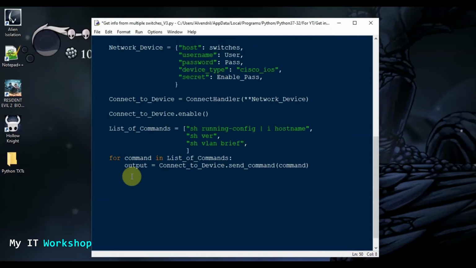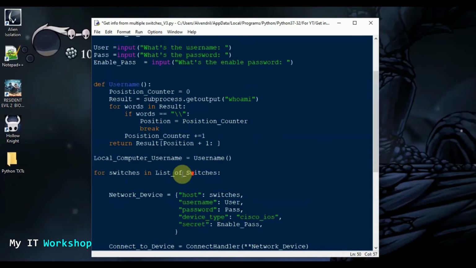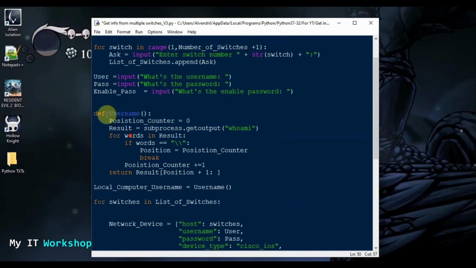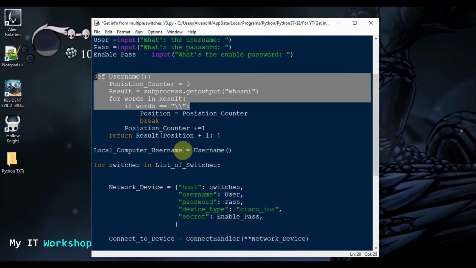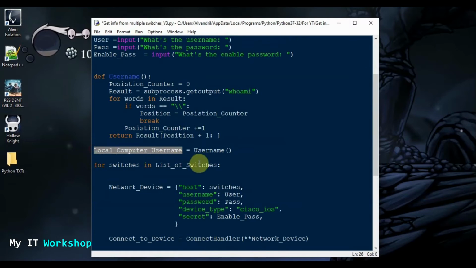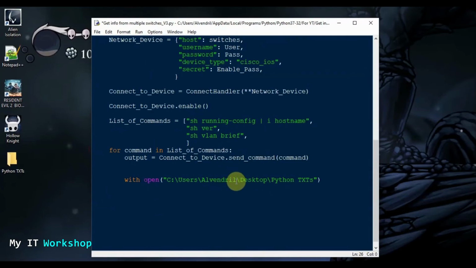Now we're going to say with open, and this is how Python allows us to open a file in the Windows computer. So I'm going to add the path, which is this long for this folder over here. But like I said in the last video, we didn't use this one, so now we're going to use it. This one returns the username for this computer. In this case, it doesn't make much difference, but I'm going to delete this, and I'm going to add, oh, we have to do this, plus,